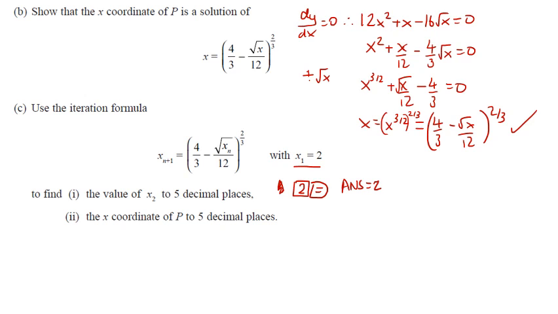And then what you want to do in your calculator is 4 minus 3 minus square root of the answer divided by 12, to the power of 2 over 3. Okay, so you press that button once, and that gives you x2 is equal to